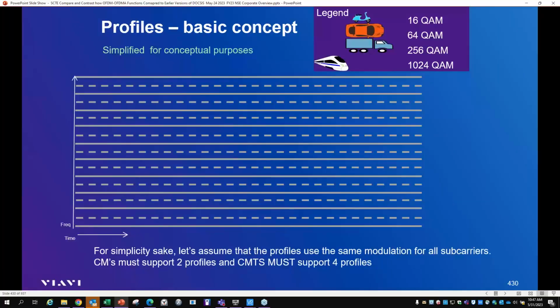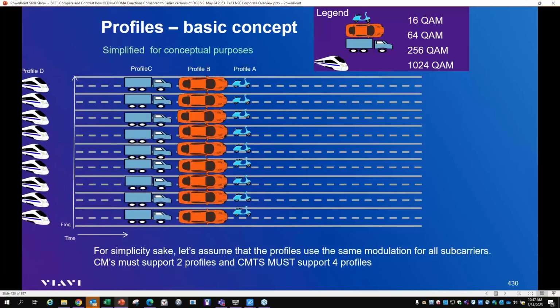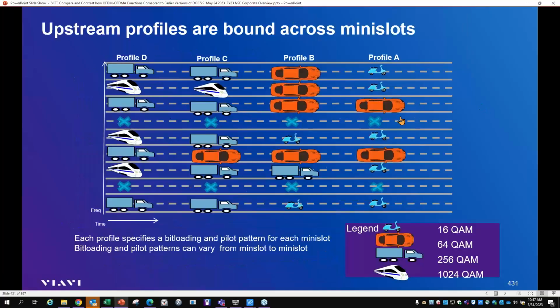Okay. Now, we talked about profiles early on with the OFDM carrier, right? Similar in concept, right? Profile A, B, C, Charlie, etc. But it's a little bit different when it comes to upstream, right? So now, profile Delta, Charlie, profile A, each profile specifies bit loading and pilot pattern for each mini slot. So therefore, one mini slot,